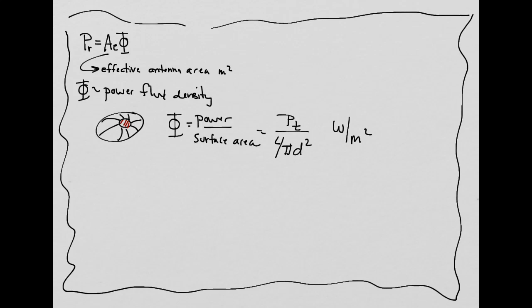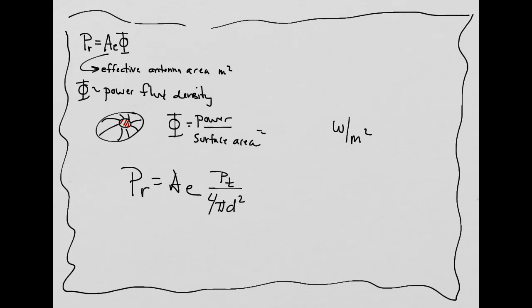And then if we take this power flux density and substitute it into our equation above, then what are we going to get? Well, we're going to get something that looks like this. At this point we actually have an equation, but most of the time